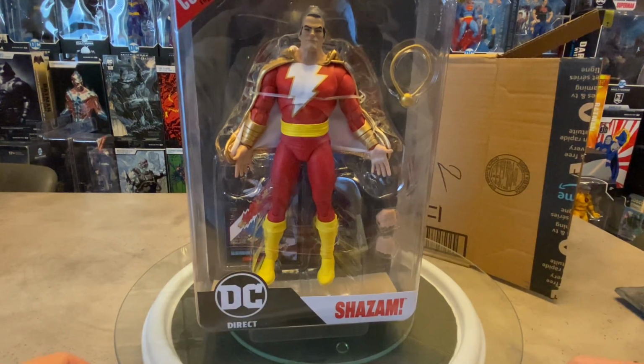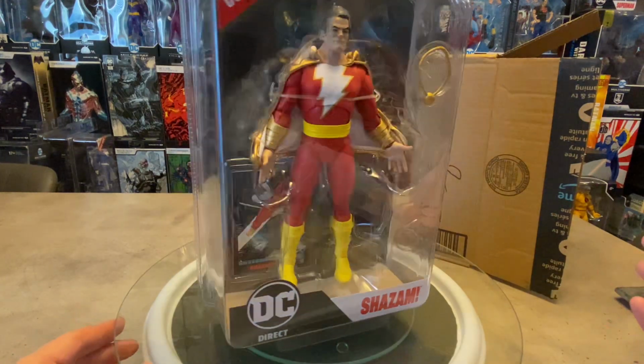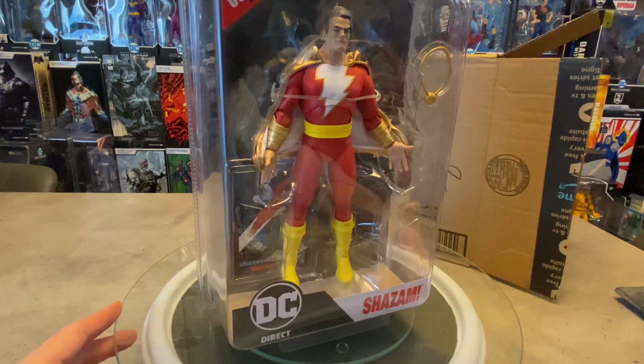I don't know if I'm gonna get that figure, to tell you the truth, and if I do get it, it's probably gonna be really expensive. So I am kind of happy I have the cel-shaded version, the Superman 78 comic book one. Don't know if I'm ever gonna get that other one. Maybe one day, or maybe at a convention. But yeah,